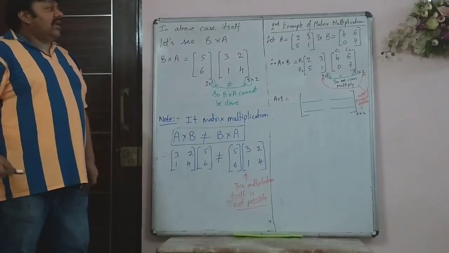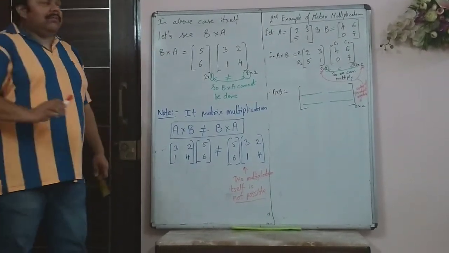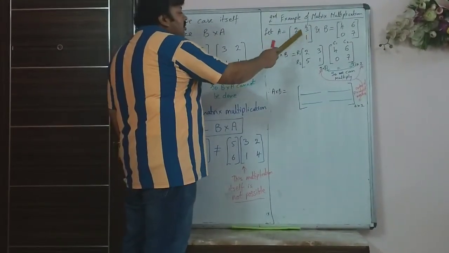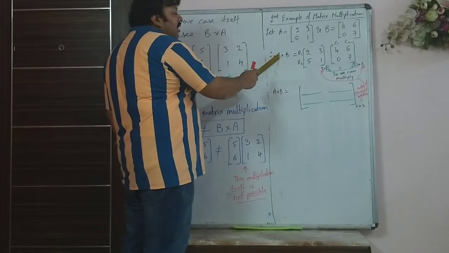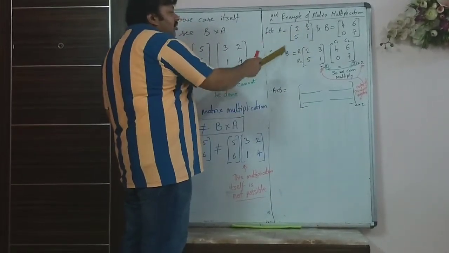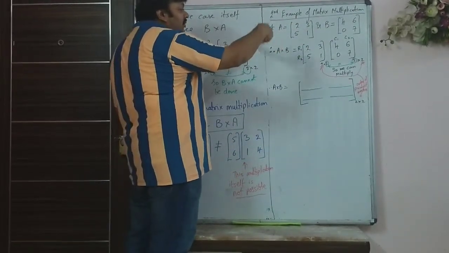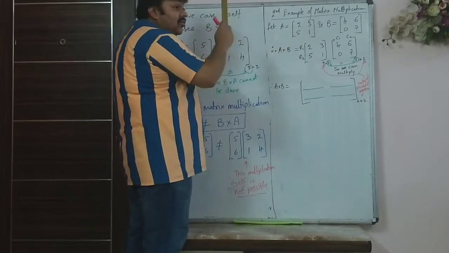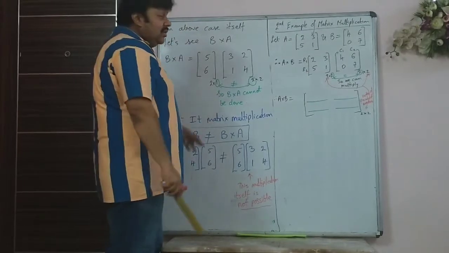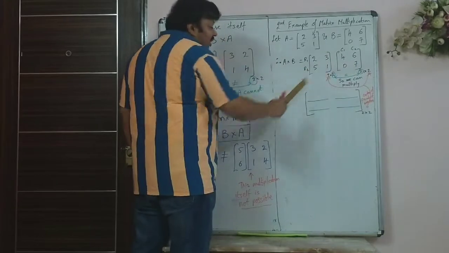So now we will see a second example to understand matrix multiplication. Here I am taking a simple example. 2 rows, 2 columns. So matrix A is written first, it is 2 rows and 2 columns. A into B, so matrix B has to be written second. Here also I can't write B first and A second because you are told A into B, so A has to be first and B has to be second. Please understand that.